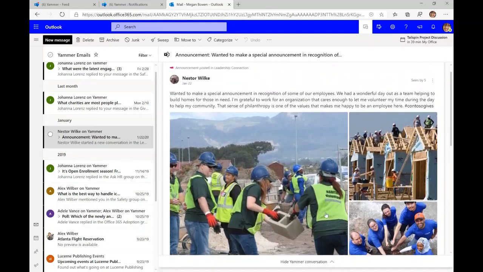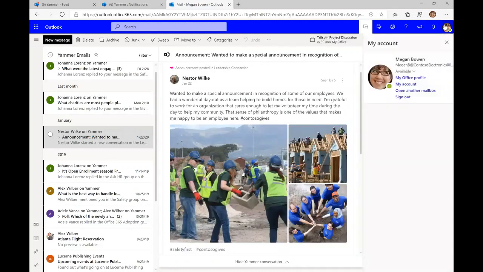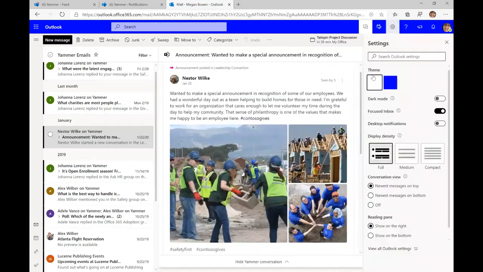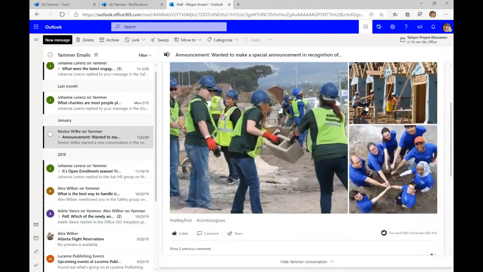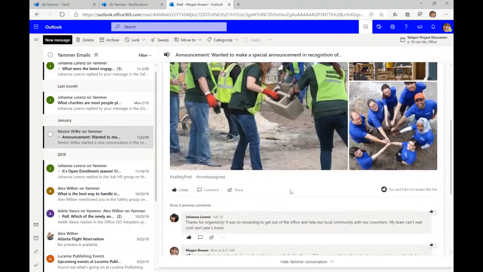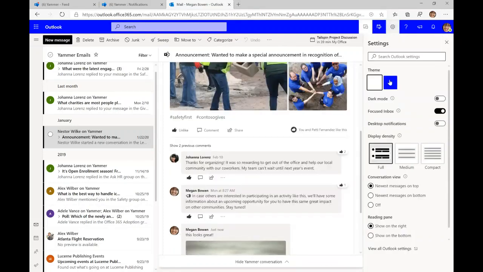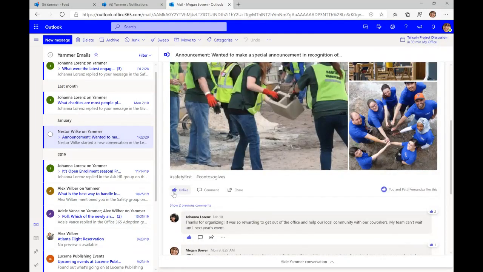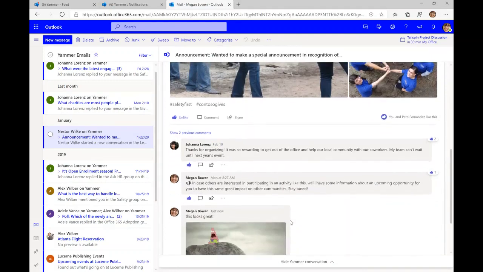One more thing that I wanted to mention here is that since we are using the Fluent design language, if I were to change my theme for my overall Office apps in my settings here from the blue that we have, which is not changing right now, but if I were to change those themes, all the color schemes that I see inside this conversation would follow that theme as well. Like you see here, as soon as I change my theme, all the colors are following what otherwise Outlook on the web would follow. So it feels really native to Outlook, and it follows the Office themes that the user would set.